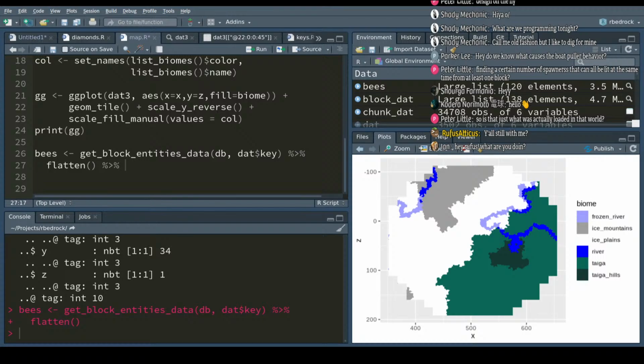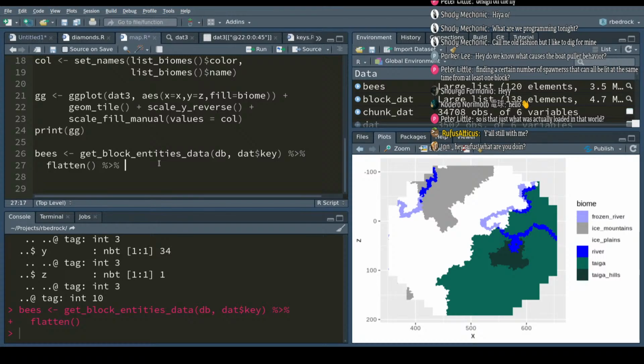All right. Yes, to answer your question, Ian, I am fully grounded in R and RBedrock, trying to just sort of go through a stream and go through various different ways to analyze data. In R and RBedrock, right now I'm playing with making maps. Effectively, if you see down here in the lower right corner, this is sort of a map of a world that I play on with my kids a little bit. And you see there's taiga hills, ice plains, ice mountains, all near sort of our spawn point. So right now what I'm doing is I'm finding all the spawners in this area, and I'm going to map them. I'm going to add them to this map to kind of show people how to get